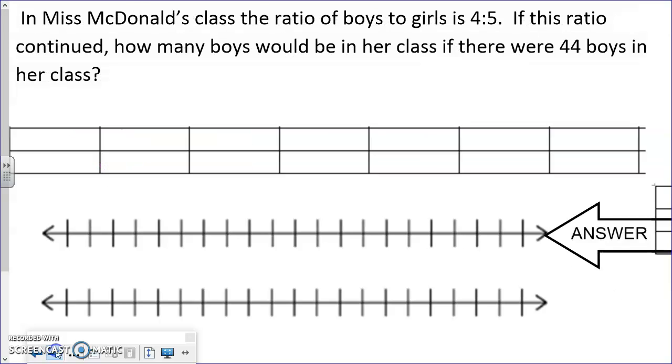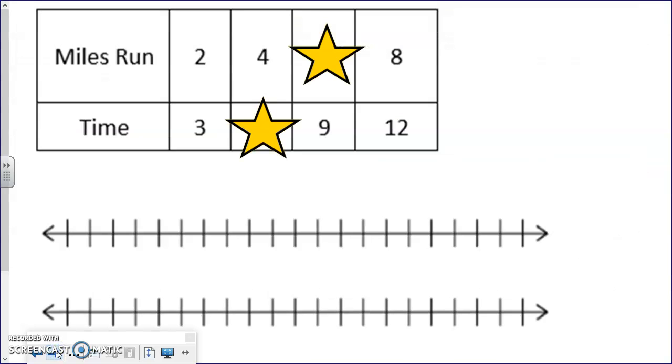So now flip over your paper to the back. We are going to go over what to do if they already give you the ratio table and you have to find the missing numbers. So the first one is miles run to time. And the first one I need is when I run 4 miles, what is my time? So if I go from 2 to 4, what did I multiply or divide by? I multiplied by 2. So if I do that at the top, I'm going to have to do that at the bottom. And 3 times 2 is